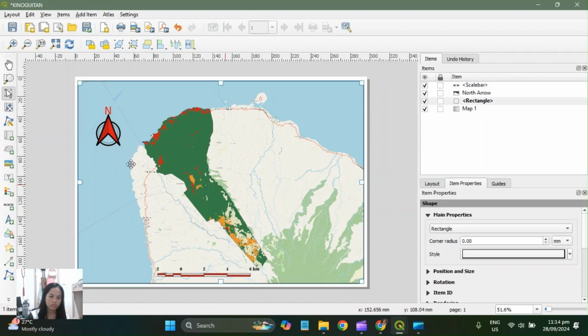After that one is another add item for the label. The label I would like to put in here.